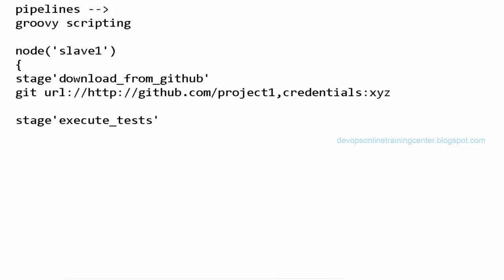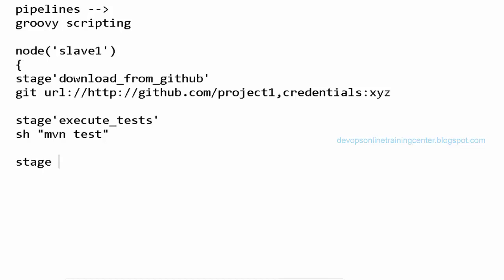How do we execute the test? So sh mvn test. We'll see all these things tomorrow in detail. So it's something like a heads up, right? This sh executes the shell command from Groovy. The entire thing is a Groovy script. From this Groovy script, we are executing a command called mvn test. So Maven test will be executed.